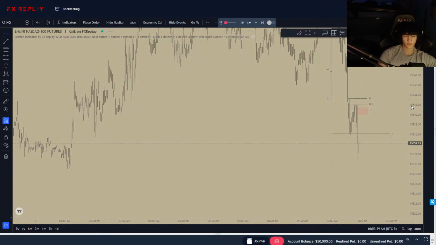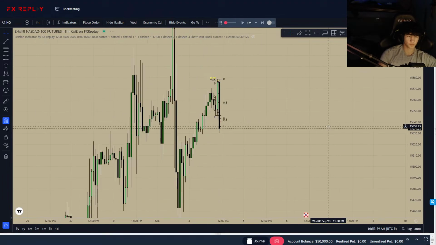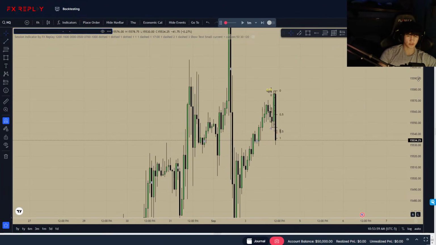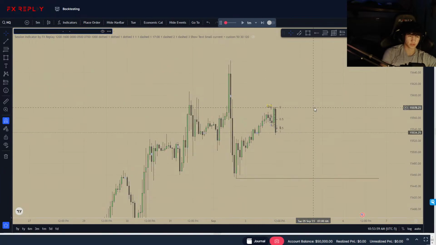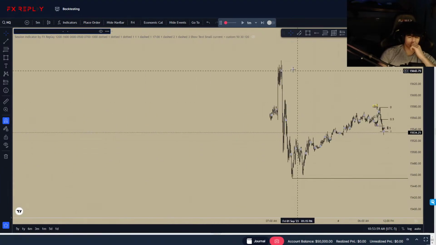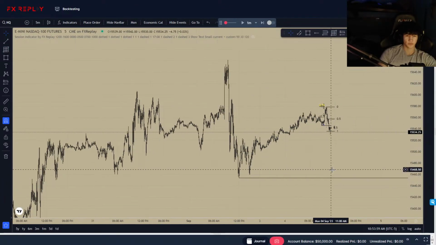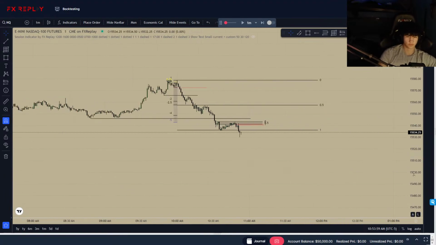I just want to confirm for our PD arrays, see if we have any going lower. 1 hour, not much. Yeah, I'm just going to keep this low as a target because it kind of looks like a seek and destroy profile. Like, boom, take out this high, took out this low. It looks like we could continue to do the same. Just because on the higher time frame, this was us tapping into a discount, or premium. So now let's look for movement lower.